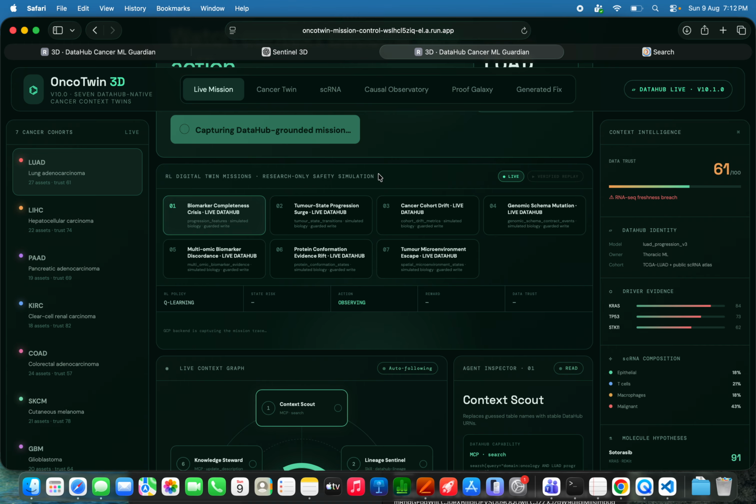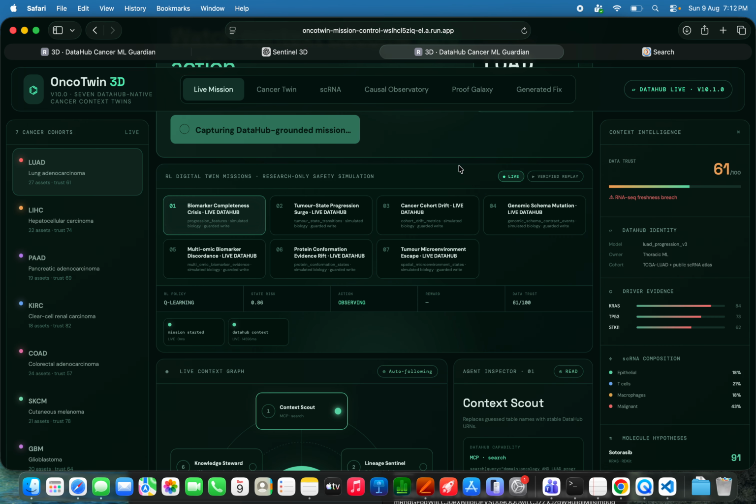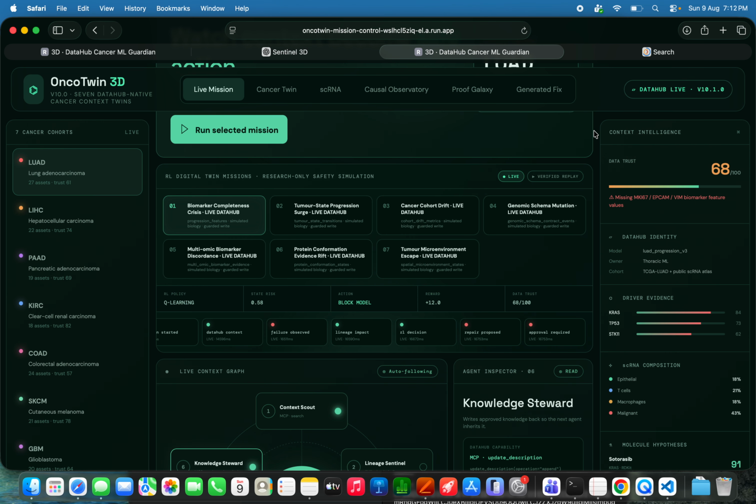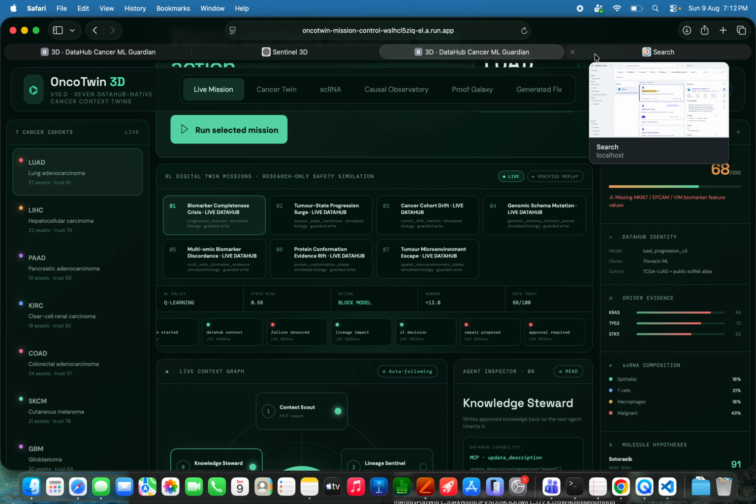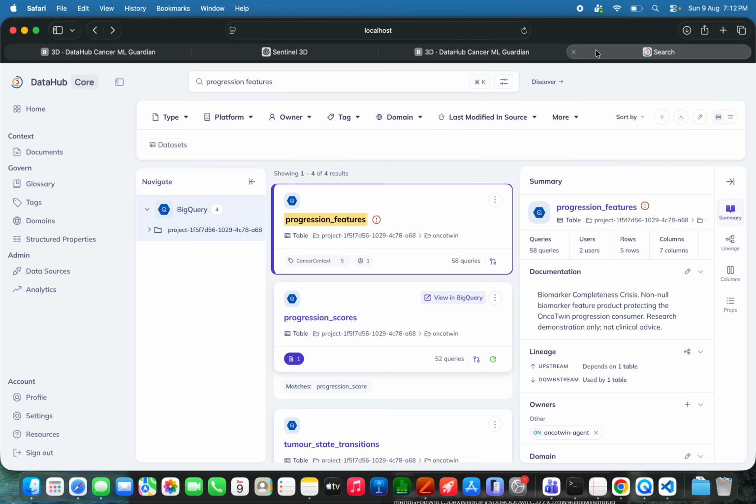So agents first inspect canonical identity, schema, ownerships, queries and images through DataHub MCP. So you see the process is there. Now if we go to the DataHub local copy, we are running it on the Docker file, you will see I've initialized, and if we just check on it, we are in the progression features. So